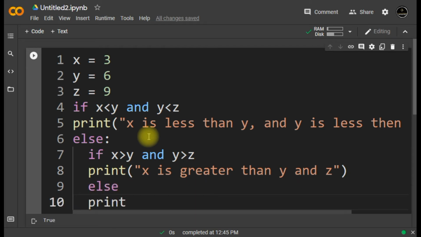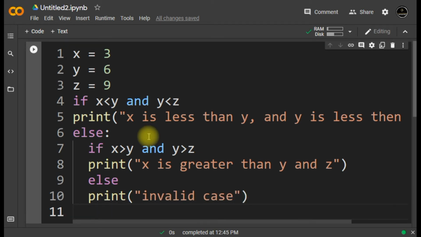Else print invalid case, and there will be again... okay, this is all the code. If I run this code,